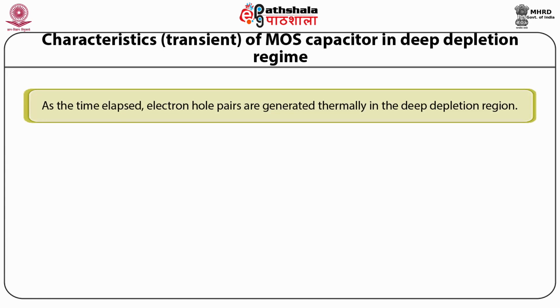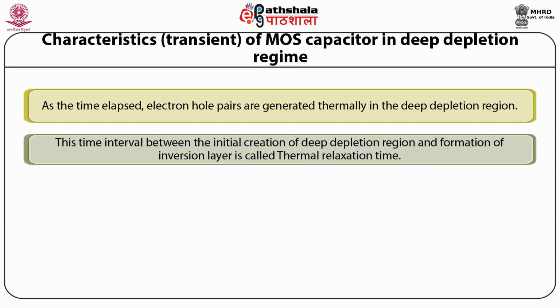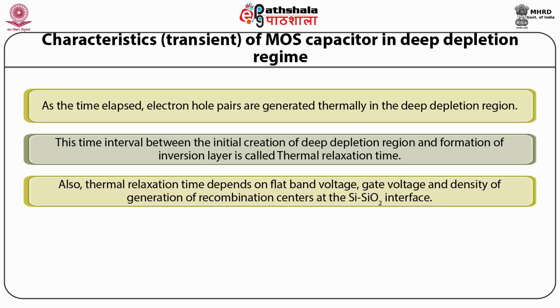As time elapses, electron-hole pairs are generated thermally in the deep depletion region. Electrons start diffusing to the Si-SiO2 interface and hence form an inversion layer. This time interval between the initial creation of deep depletion region and the formation of inversion layer is called the thermal relaxation time. Depending upon the fabrication process, the thermal relaxation time can vary from seconds to some minutes. Also, thermal relaxation time depends on the flat band voltage, gate voltage, and density of generation-recombination centers at the